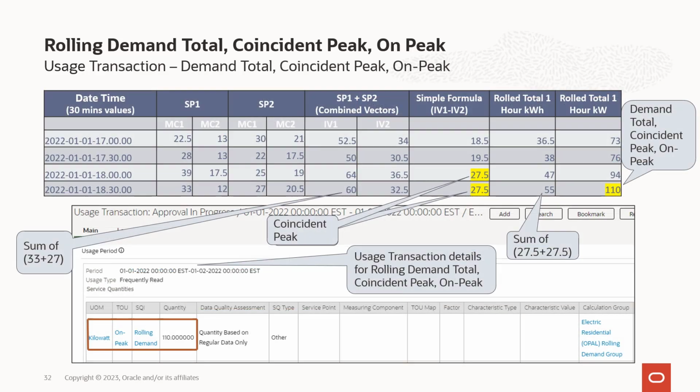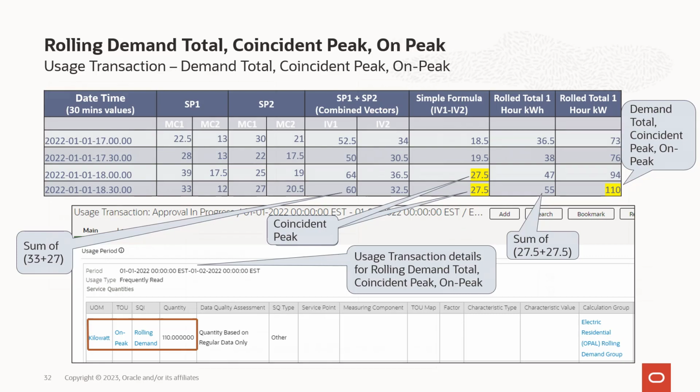After running the usage transaction for a specific date time, you can see the usage transaction page for rolling demand total coincident peak on peak. Here the system calculates the rolling demand total coincident peak on peak quantity and publishes it for a specified date time. In this example, there are two coincident peak during on peak hours values. In this situation, the system will select the highest value during on peak hours of rolled total 1 over kW